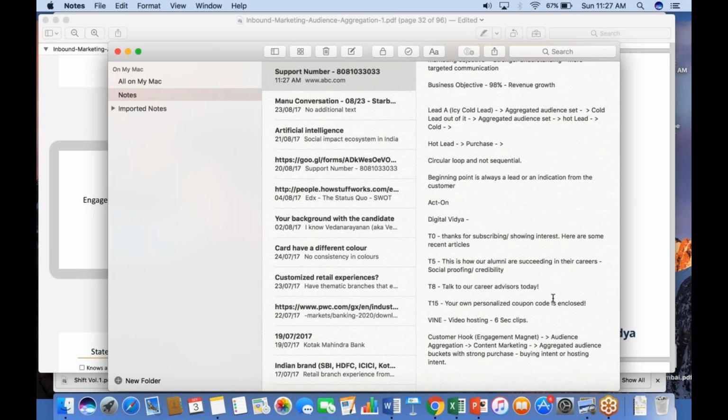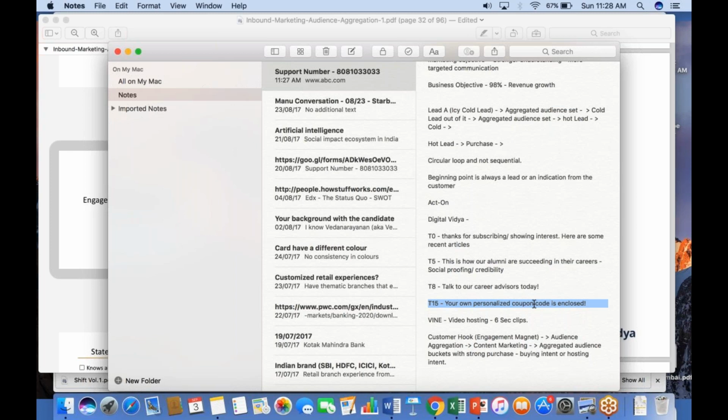And the last interaction which typically happens is you hit them with a personalized coupon code. Let's say the email might read something like, if you were to transact within the next 48 hours, here's your personalized coupon code having your name, maybe it is Sudip 30, for example, which gives you 30% off on this particular course, only available for the next 48 hours.